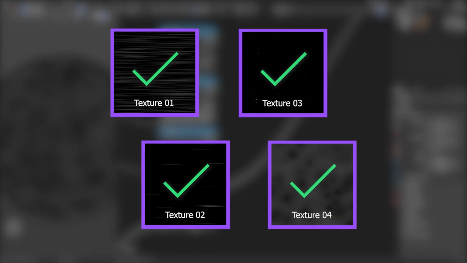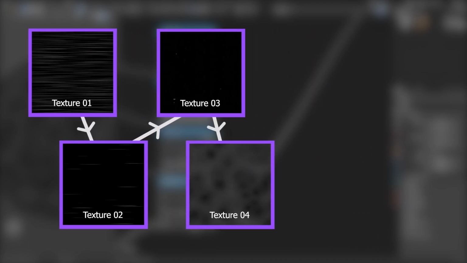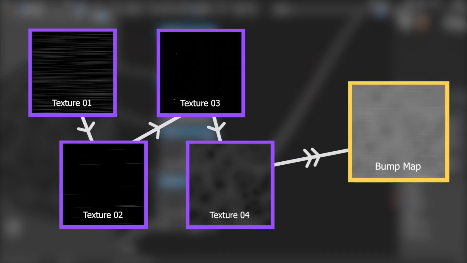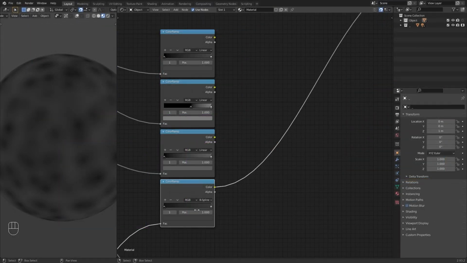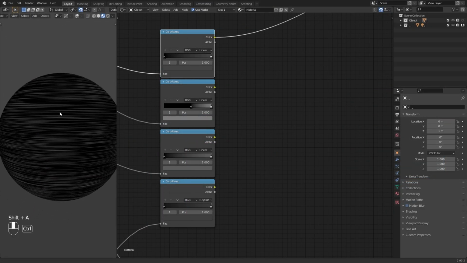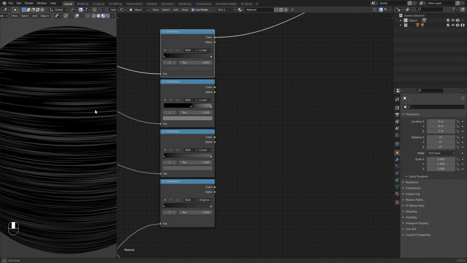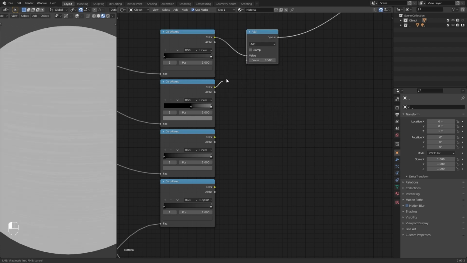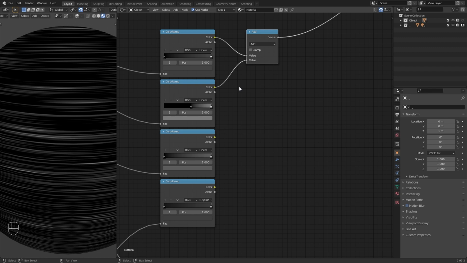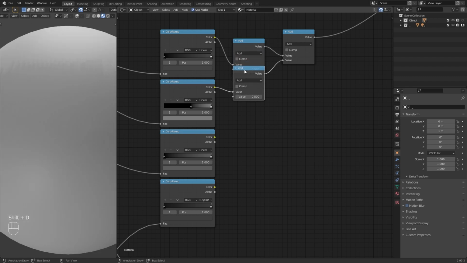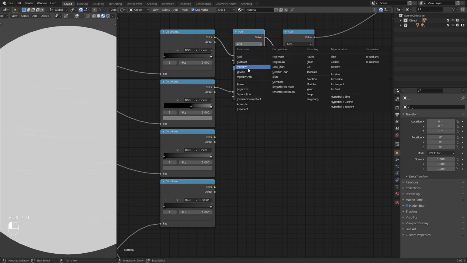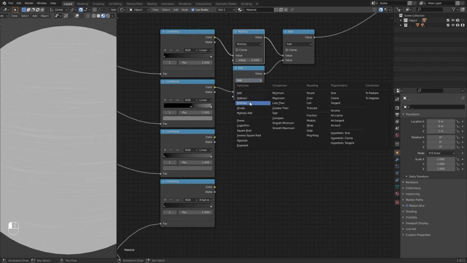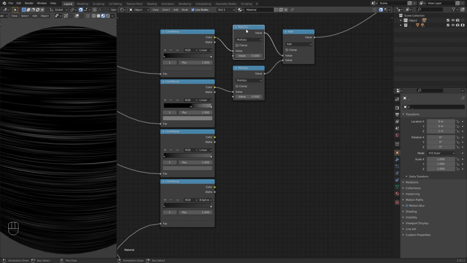Now let's blend these textures and get the bump map output. So, now set the node preview to the first color ramp here and add a math node to this connection. After adding that, connect the second color ramp to this math node. Now, add 2 more math nodes to these color ramp connections. Then change the function of these math nodes to multiply and give a value of 0.1 for these 2 nodes.